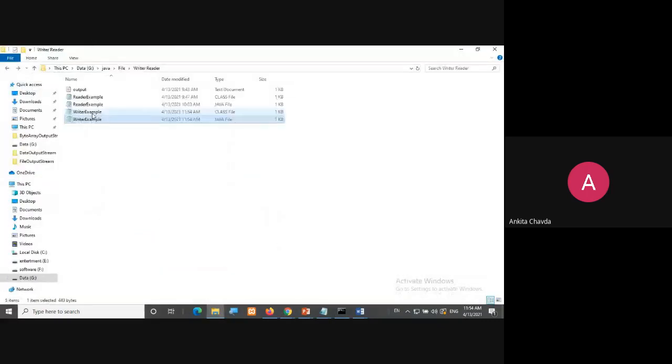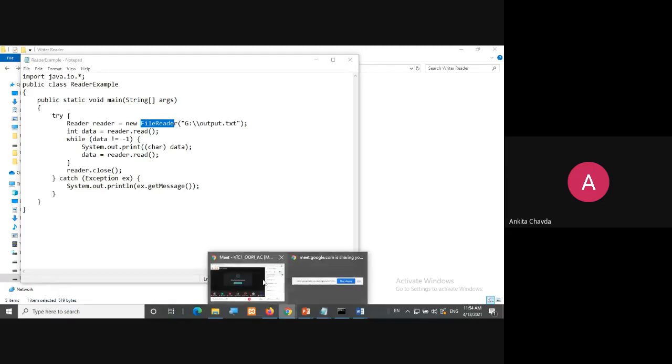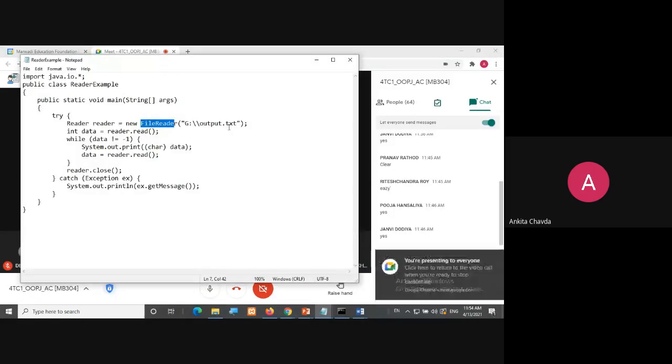So it's the reader example. Here again you cannot create an object of Reader because Reader is an abstract class. So Reader reader = new, but you are creating the object of FileReader, just like you created the object of FileWriter. So FileReader, and you are saying that you need to read the data from output.txt.